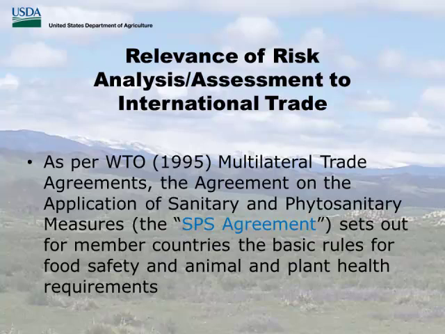Where did this come out of? The World Trade Organization in the 90s, as far as their SPS or sanitary and phytosanitary agreements. It sets out member countries who were trying to increase trade, but they also recognize that countries have the right to protect their home products in their country from animal diseases and plant health. They have that right as a sovereign country. With that, though, there are some obligations that countries that are partners in the WTO take on.